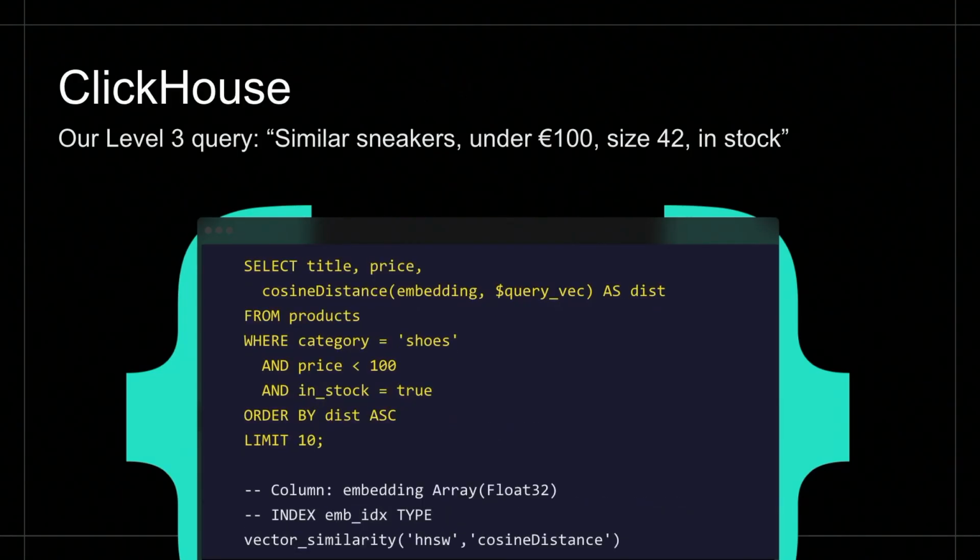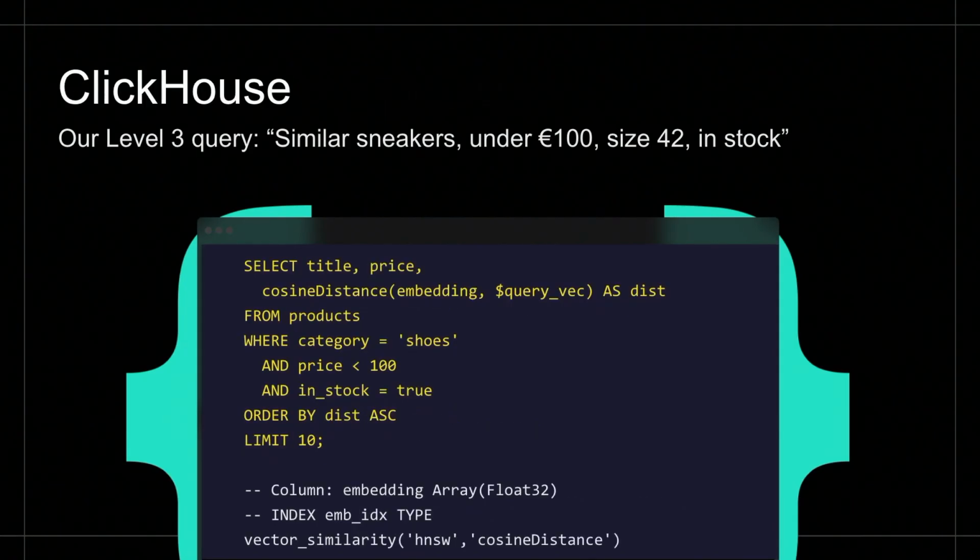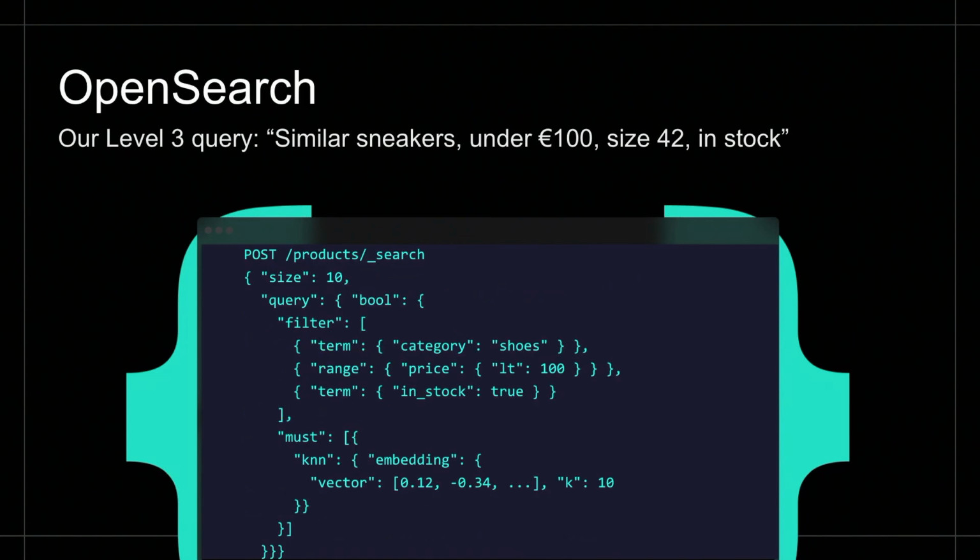Then you go to ClickHouse. The ClickHouse query also looks similar to the Postgres one. It's similar to SQL, but if you look carefully, there are some differences. Here you can see that the distance is added by a function call, not as an operator as in Postgres. And the where clause is going to be executed first, like the filter is evaluated before the vector scan.